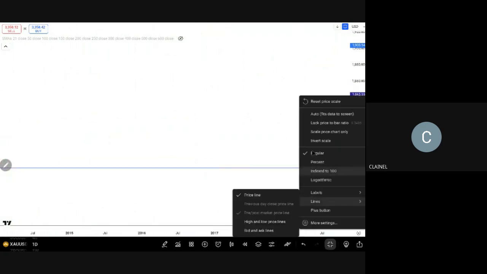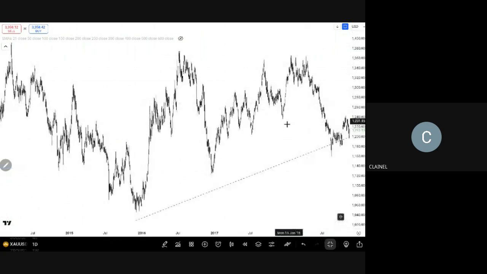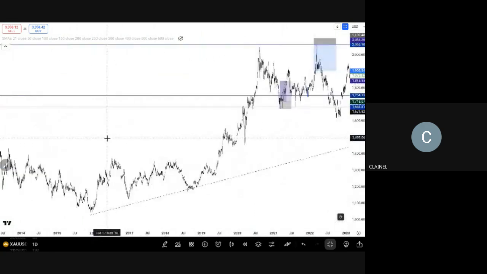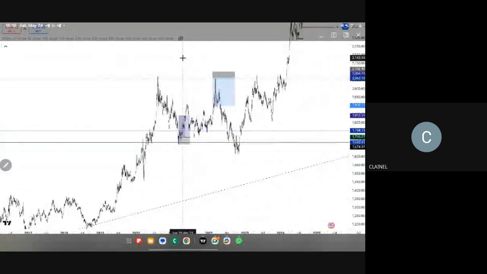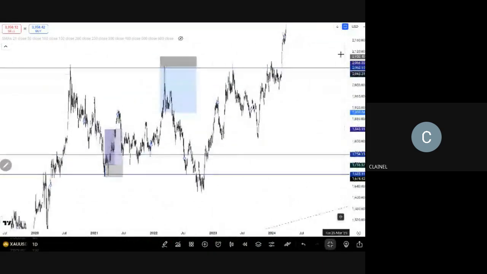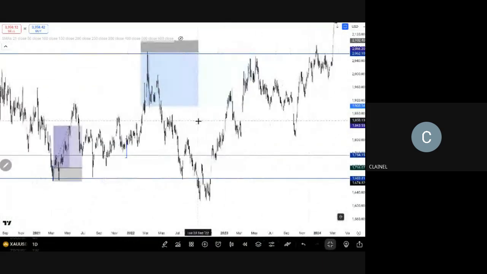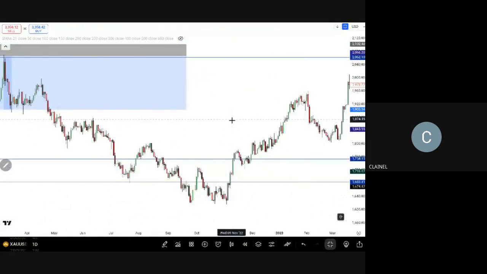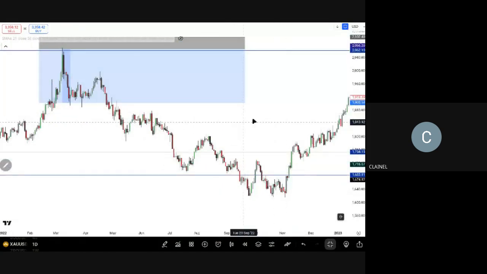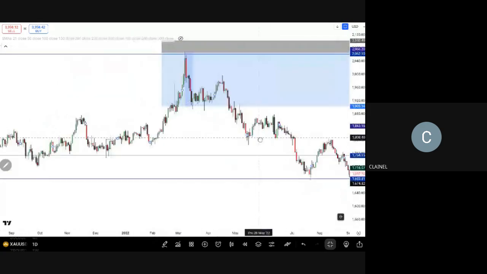Okay, let's reset this chart. Let's look at our, okay, I also reset the color. Sorry about that. Okay, so zoom down. So back to our